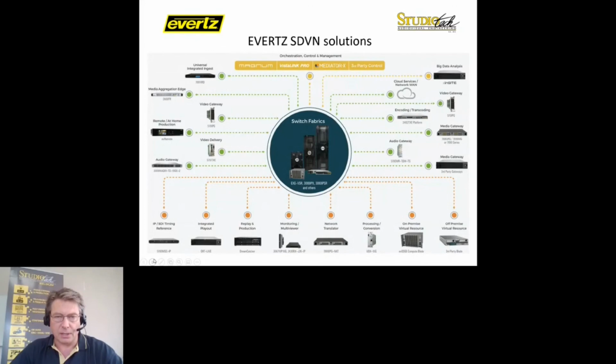Just to finalize, Evertz has a lot of solutions for SDVN applications and a lot of installations worldwide. An overview of all the products in the product line within Evertz is shown in this drawing. We have SPGs, which provide the PTP synchronization to all the devices in a system. We have IP domain multiviewers, contribution, encoding, transcoding, audio gateways, and video gateways. We can encapsulate and decapsulate feeds, SDI, 4K, anything is possible with all these